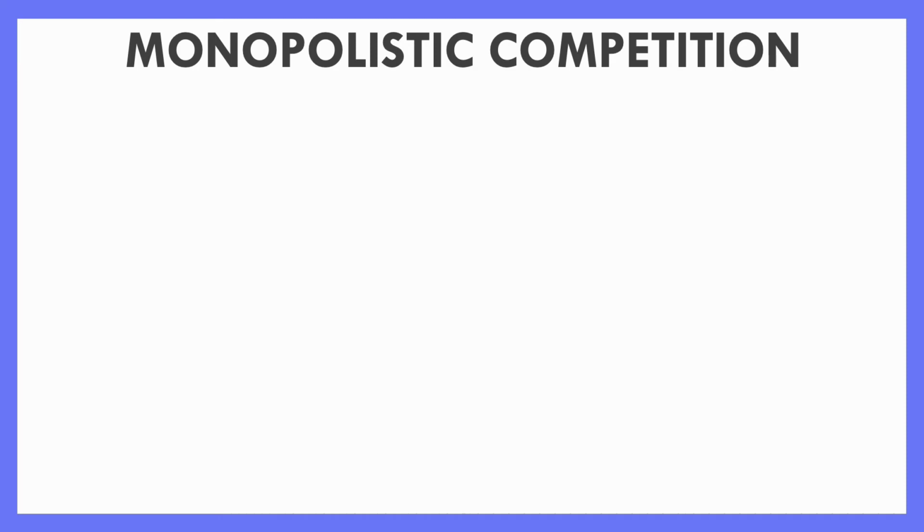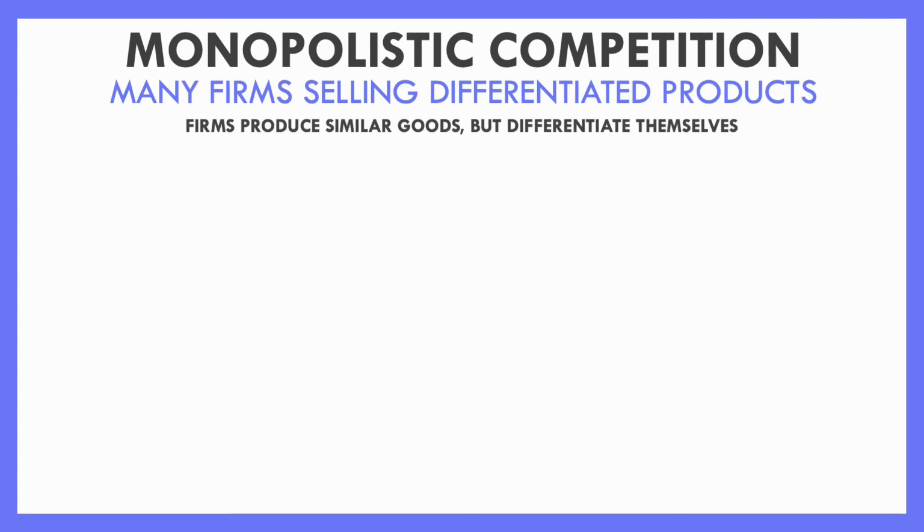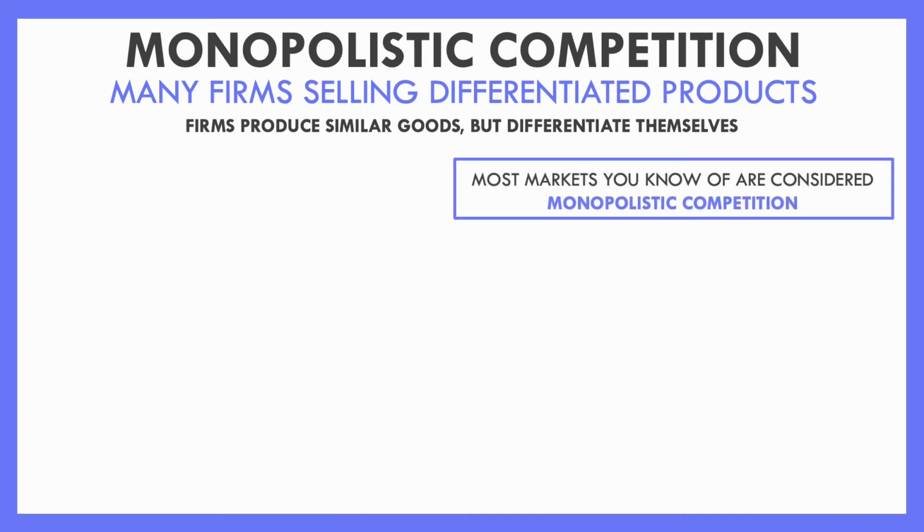So monopolistic competition is similar to perfect competition in the sense that there are many firms, but the difference here is that they're selling differentiated products, right? So they sell similar goods, but they differentiate themselves. I think a good example of this is the clothing industry, right? Most things you think of are monopolistically competitive. I like to think of the clothing market because, how many clothing producers are there out there? Well, there's literally hundreds. There's thousands probably, and all of those companies are selling clothes, those are similar goods, but